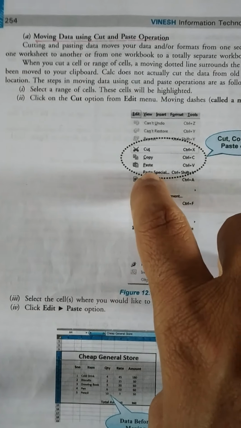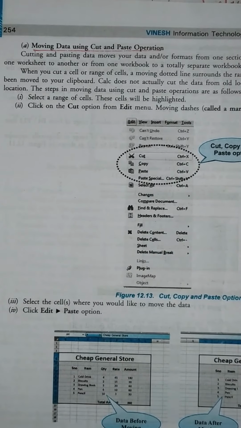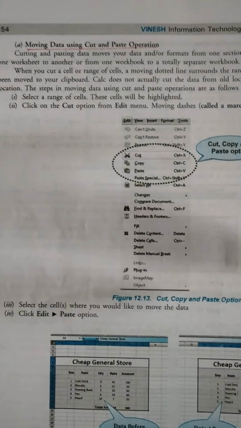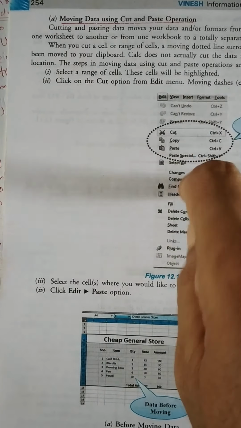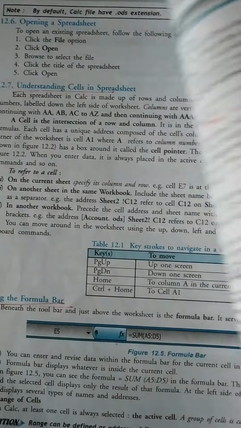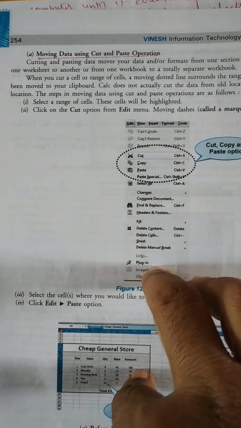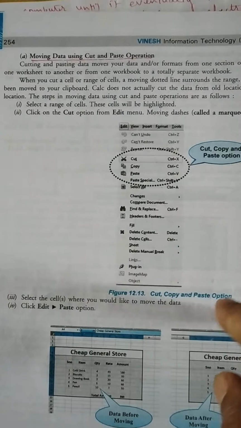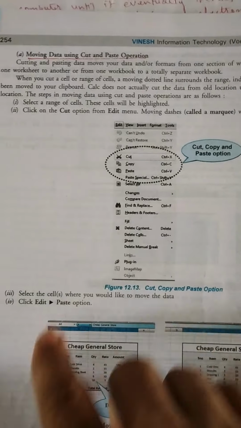Cut and paste, copy and paste, there are 2 options. First, cut: the data will be fully selected and it will be picked up from there, and then you can go wherever you feel like, place the cursor there and come back to the menu and click the paste option, it will be pasted there. This is through the help of the menu. Through the help of the keyboard, select the data. As I told you, this is the process of selection, and then press Control plus X, it will be cut, and go to the location and press Control plus V, it will be pasted over there.